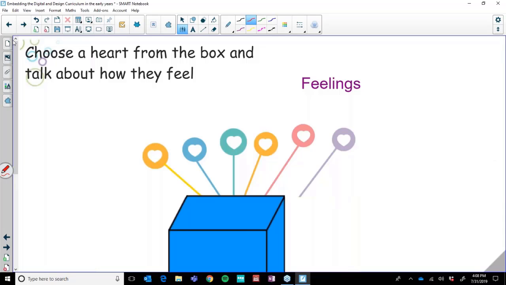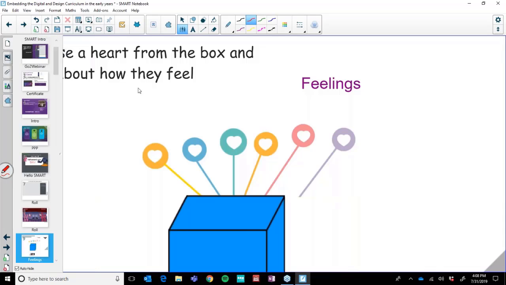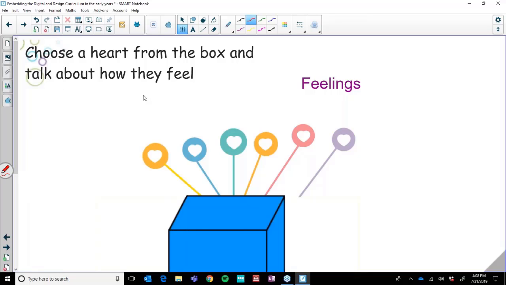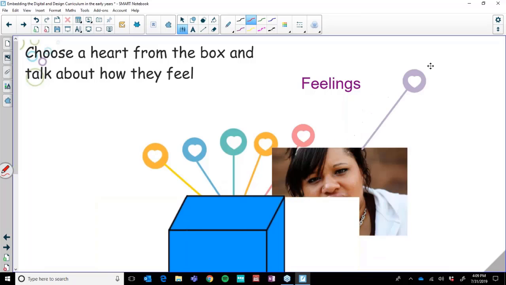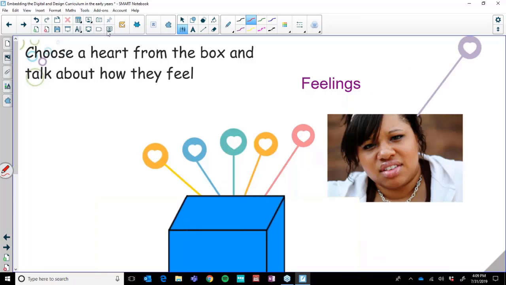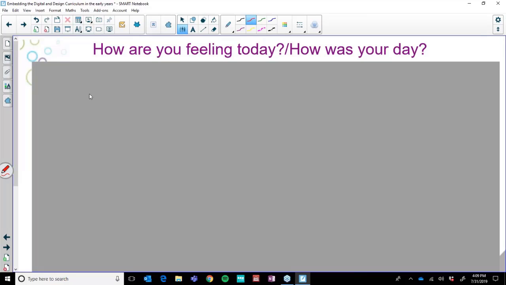From there, our teachers started doing what we called spot lessons. So they were choosing lessons that they could substitute or modify. On the SAMR model, we were looking at where we could utilize technology to substitute and modify, just to start this process of embedding the digital and design curriculum through digital technologies in the classroom. And so the teachers were starting to use things like this. So talking about revealing emotions and feelings. This then transferred into how are you feeling today?